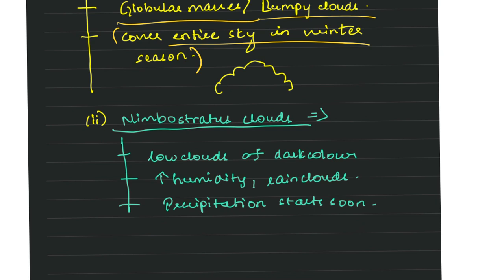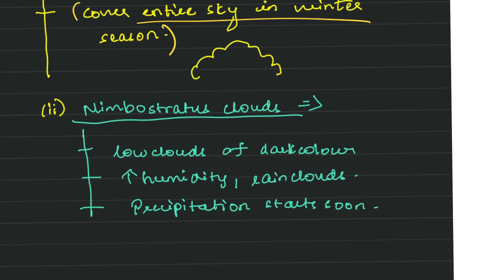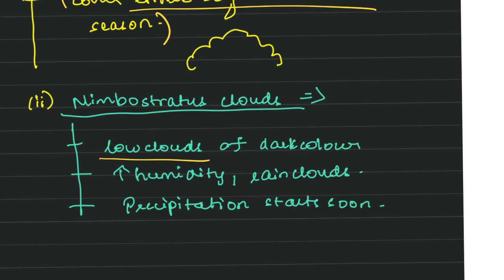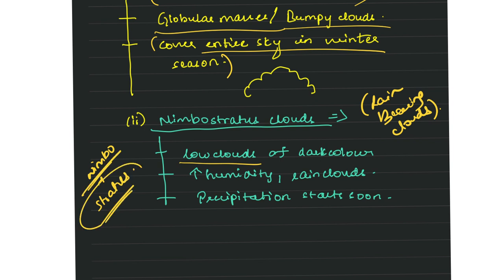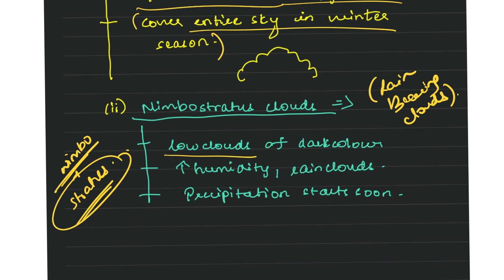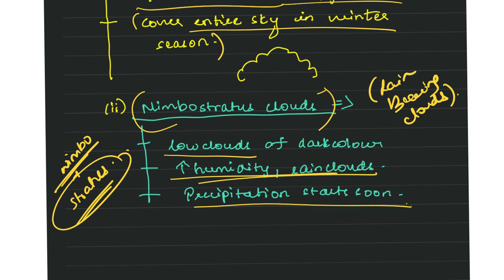So next come the nimbostratus clouds. Nimbostratus clouds are low clouds. So these are rain-bearing clouds, okay? Make sure you remember this. And also word breakdown, it is nimbo plus stratus, isn't it? So nimbo plus stratus clouds have sheet-like structures, and these are rain-carrying winds. So the presence of nimbostratus clouds in the weather indicates the prediction of rain. So precipitation will start soon.